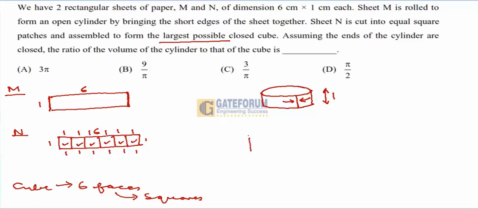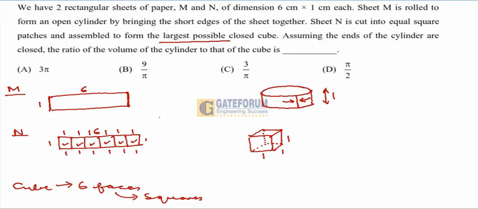So from this we can jolly well make up a cube like this, having the dimensions 1, 1, 1, that means length is 1, breadth is 1, and height is also 1. Okay. Now they have asked, assuming the ends of the cylinder are closed,